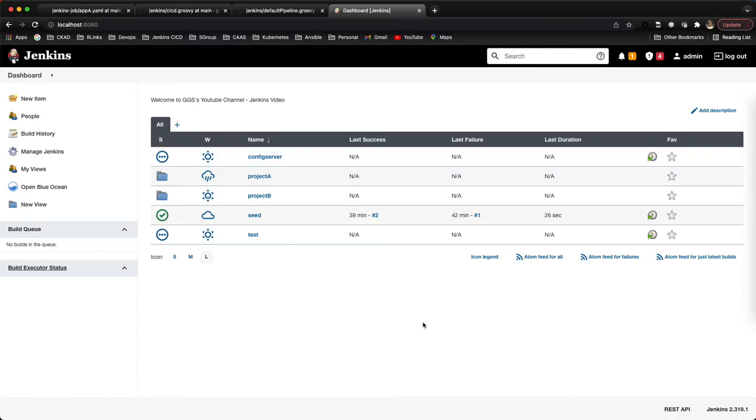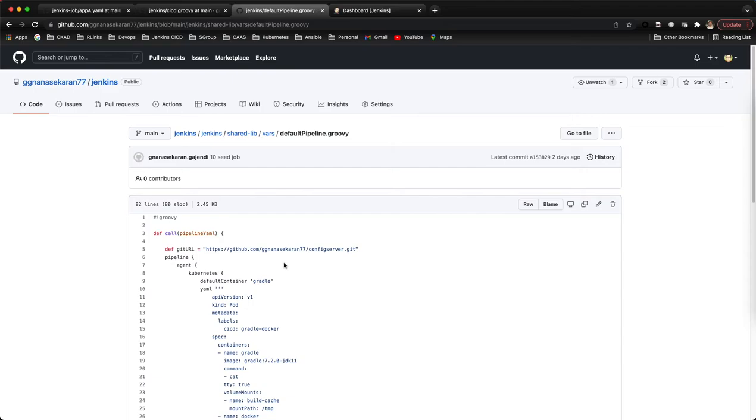Continue our Jenkins journey. In our previous video, we have seen how the Jenkins job works. Now we'll take a look at the dynamic pod template concept. If you remember, in our previous Jenkins job execution, our Jenkins job simply calls the CI/CD function. Inside the CI/CD function, we are applying some strategy and deciding which pipeline has to be executed. As of now, our pipeline is static.